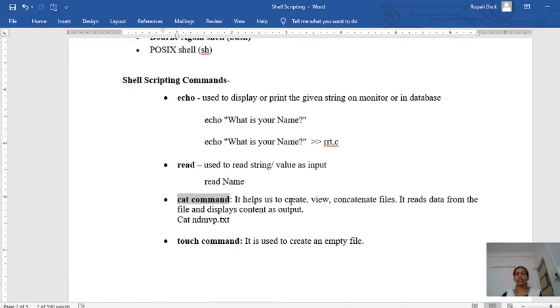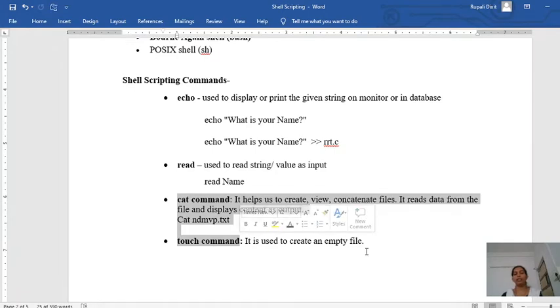If it is already created, then it will view that file. It may display the content of the file as output. It may concatenate the contents of the file with other contents if the file already exists. But if the file doesn't exist, then in that case it will create the file and then do the next operations.